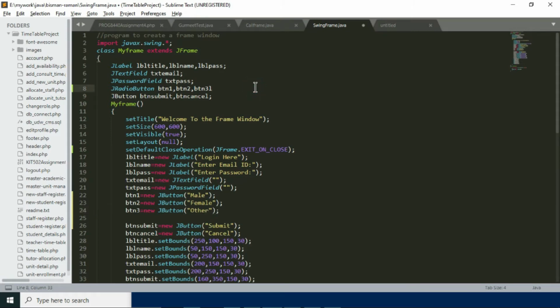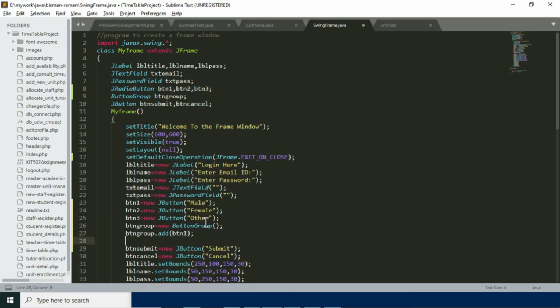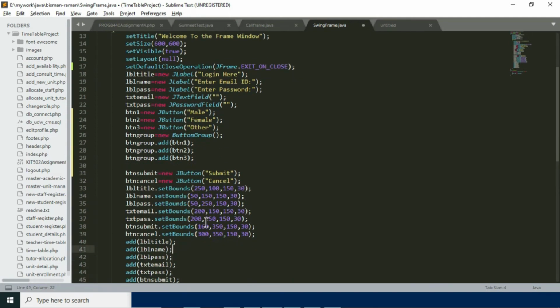I have to create a button group as well. So I'll say ButtonGroup, and add these buttons to this button group.